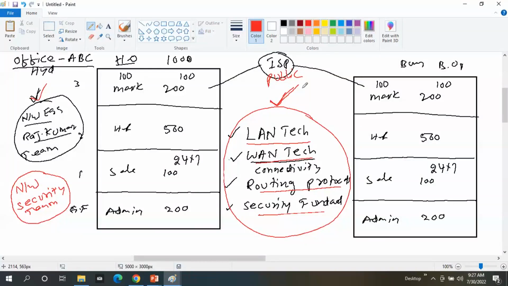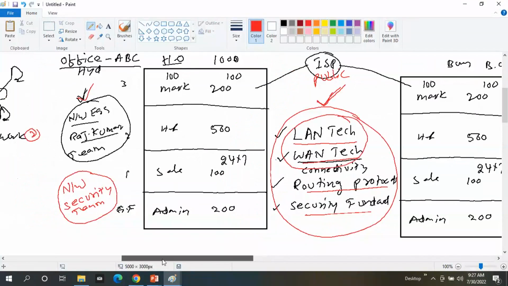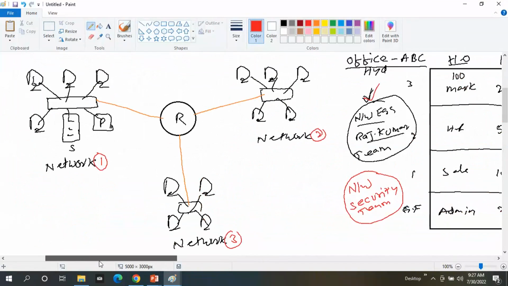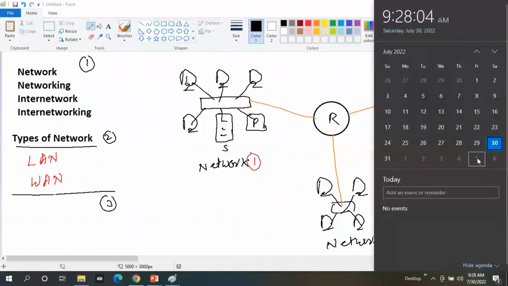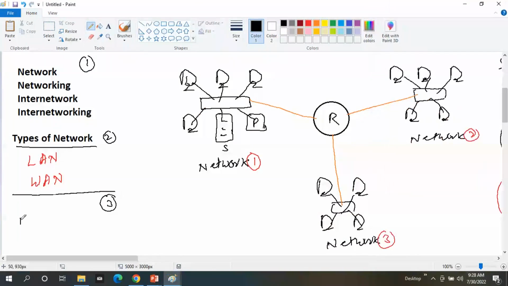Clear? So finally, what types of networks do we have? Majorly two networks, LAN and WAN. Next, point number 1, network introduction. Point number 2, network types. Point number 3, next week, from Monday to Saturday or Friday, the complete next week we are going to discuss only this point number 3. Point number 3 is